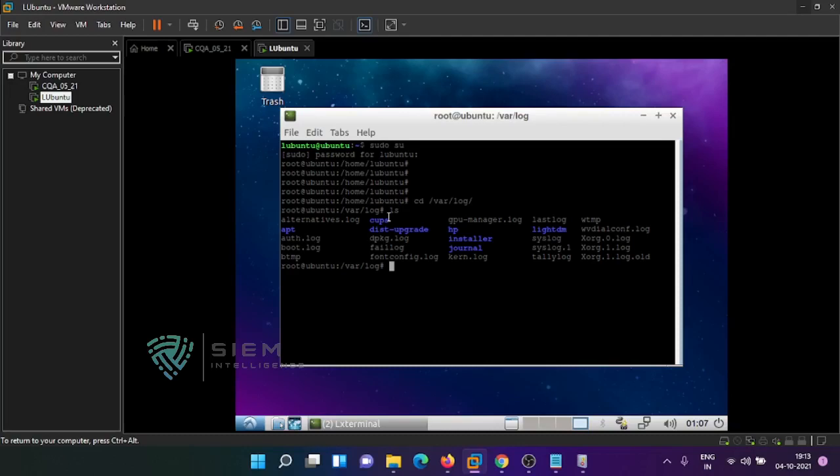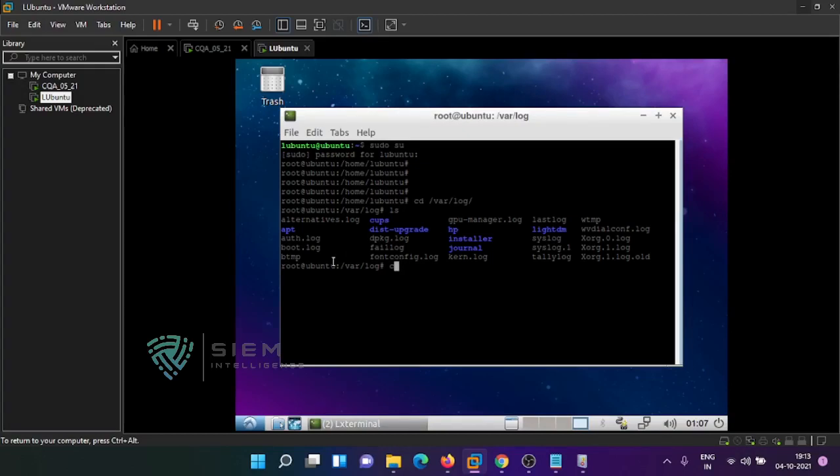Okay, ls. See, there is something called dpkg log, fail log, messages. Where is the messages? Not here, you have to go inside. Okay, cd /var/log.